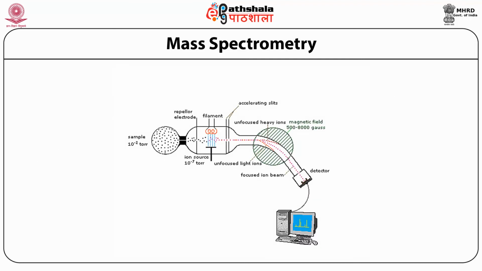Here is the schematic representation of mass spectrometry, where the sample is passed through the vacuum chamber where the ionization of the sample takes place, and the fragment ions are passed through the quadrupole system, from where the unused ions are settled down, and only the desired ions pass through the detector, which detects the substance present in the sample, and then it is displayed by using the computer.